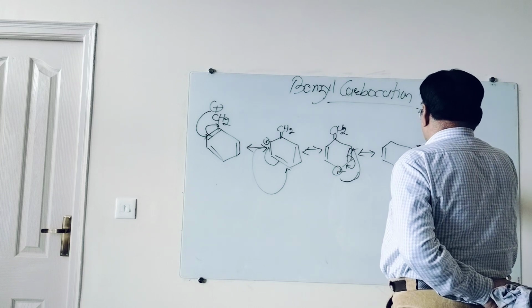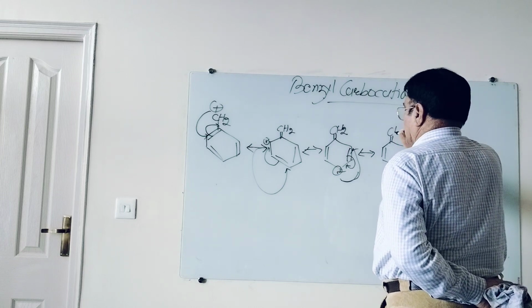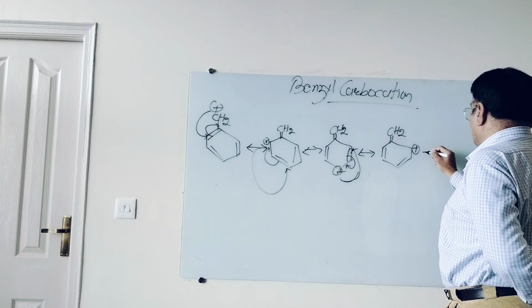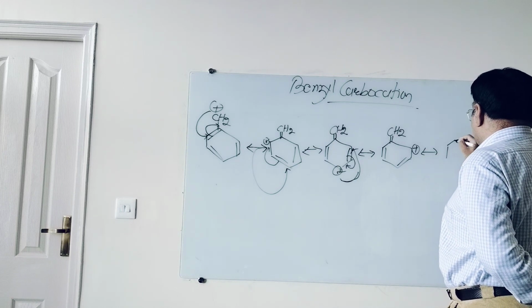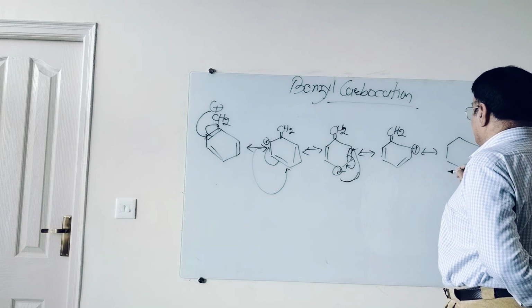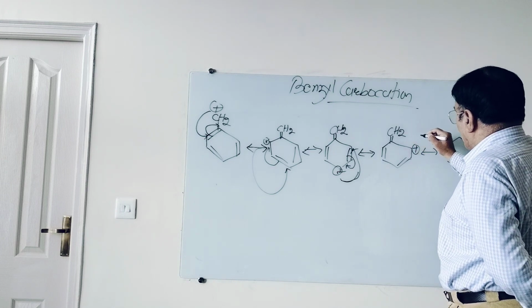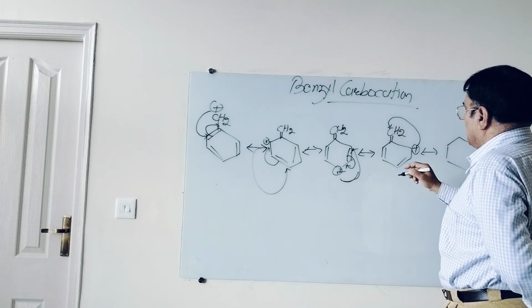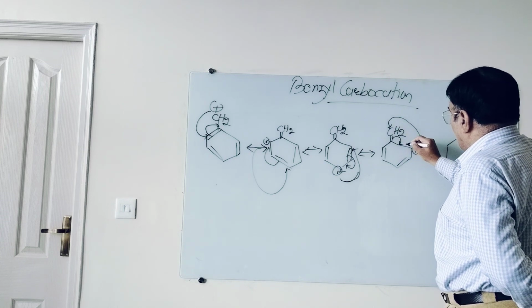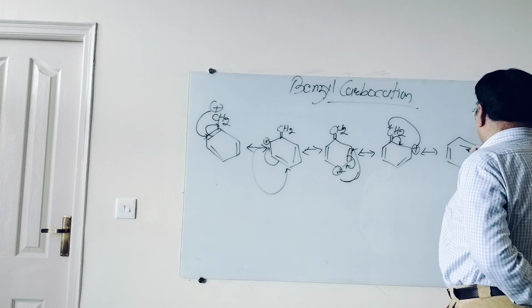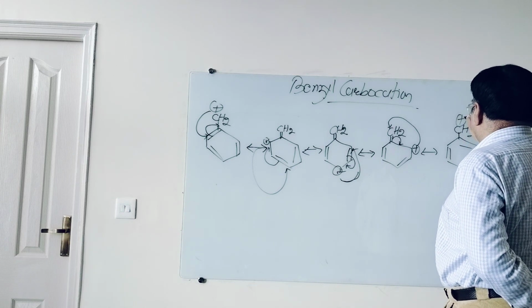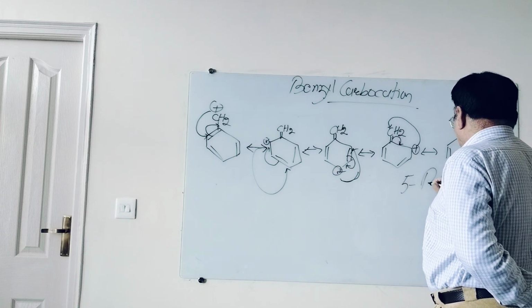So this is positive charge. This is CH2. Four resonating structures we have seen. This is positive charge. In the last resonating structure, what will happen? This positive charge will go again to this carbon atom and this pi bond will come again here. This is CH2 plus. So I can say there are 5